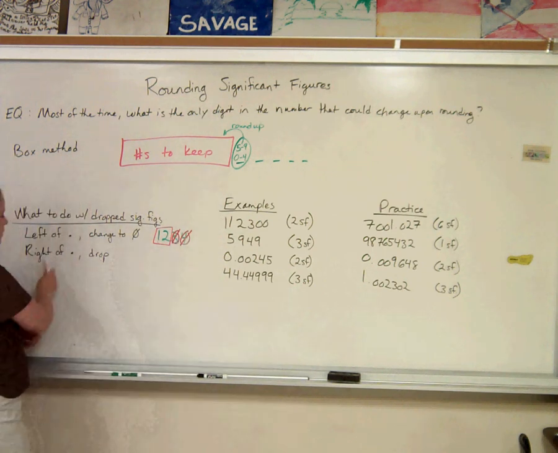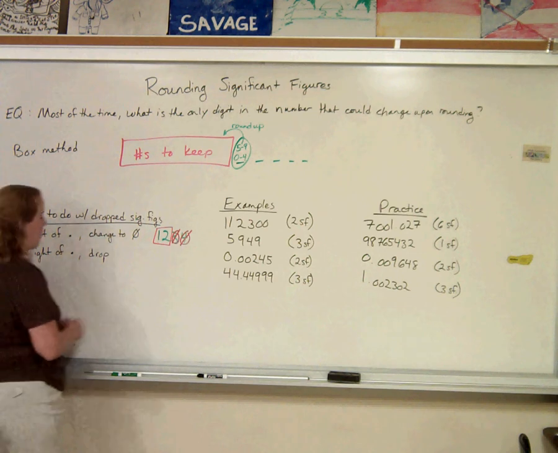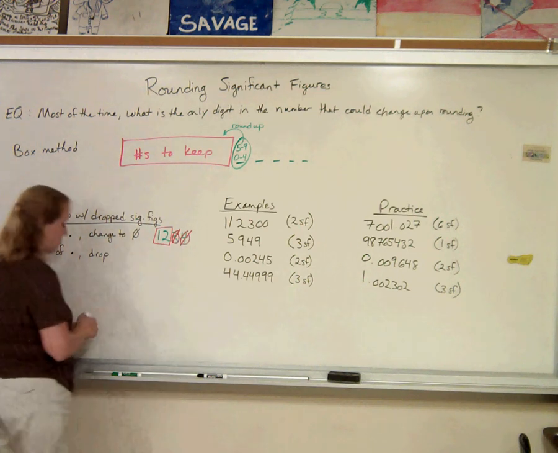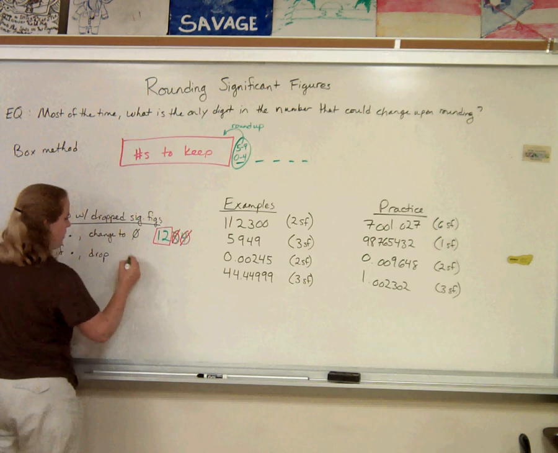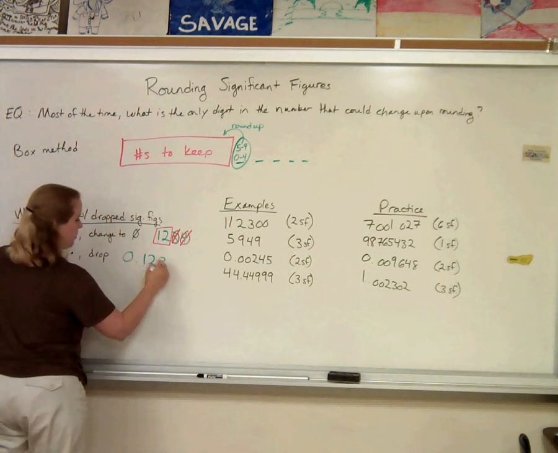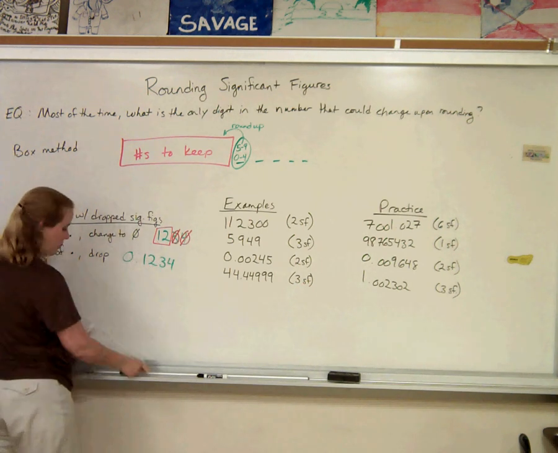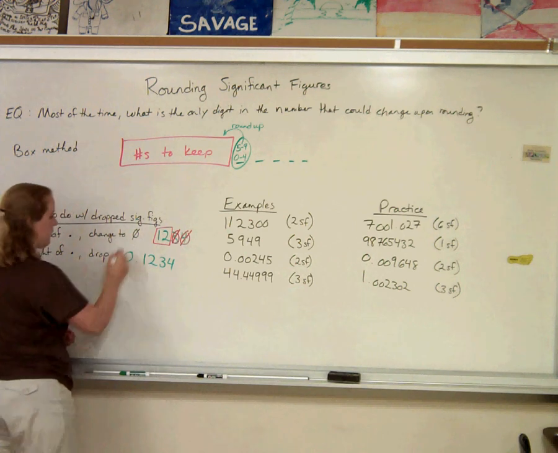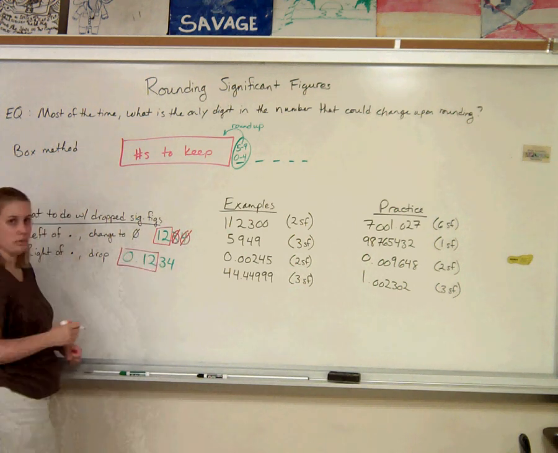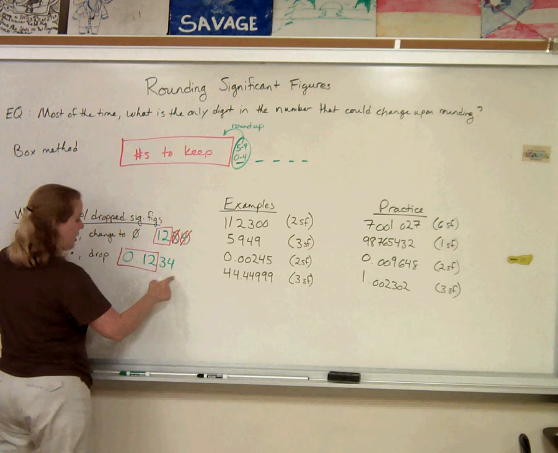On the other hand, if we have digits to the right of a decimal that we're trying to drop, we just get rid of them. Do not change them to zeros. Reason for that: let's say we have the number 0.1234. Again, we want to round it to two significant figures. That 0 is not significant, so we do have one of the two. If we change this to zeros,